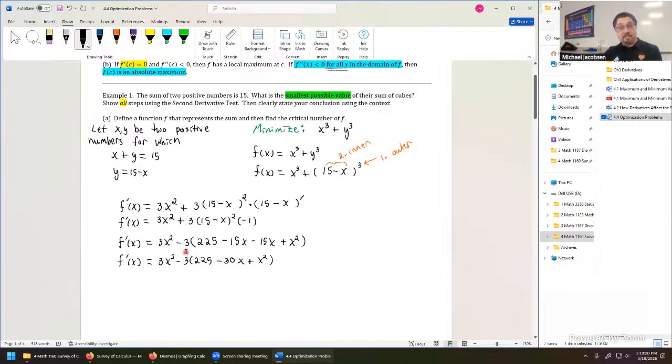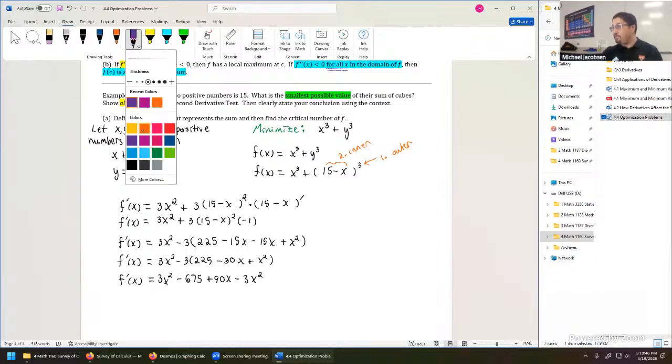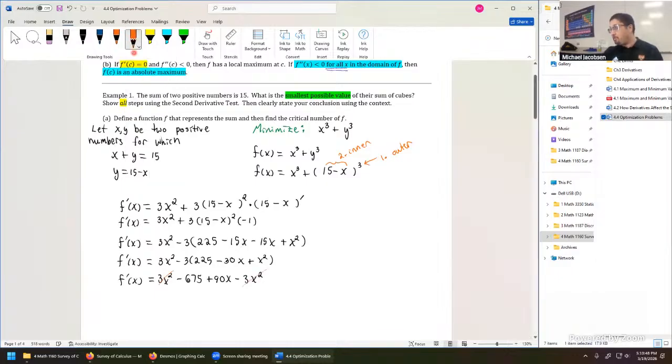We can distribute the -3 into that group. The derivative of f at x is 3x squared. 3 times 225 is -675, then plus 90x minus 3x squared. And a nice little algebraic miracle occurs here. We've got like terms. The power 2 is just gone from this problem. So the first derivative of f at x, f prime at x, is now just 90x